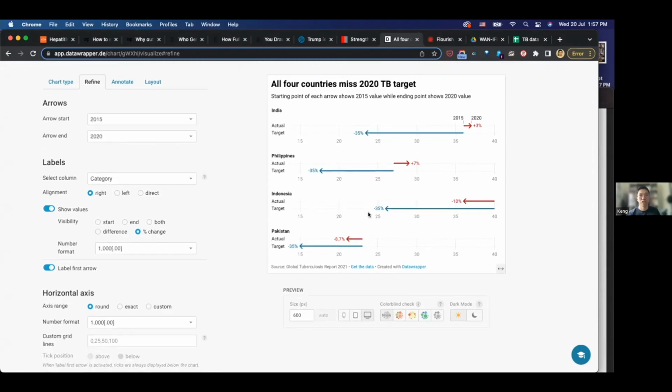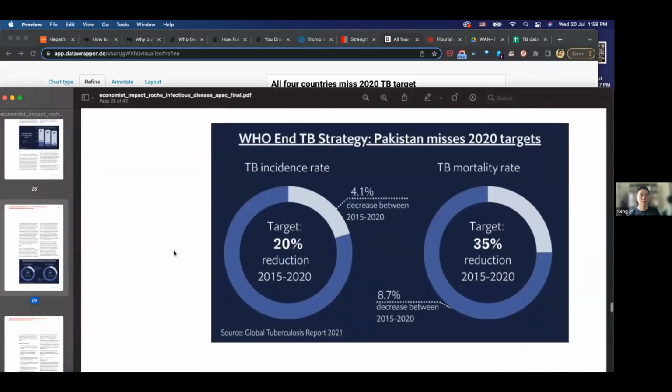Same goes for Indonesia, 35. But Indonesia was able to make some progress by reducing it by 10%. Pakistan reduced it by 8.7%. It's not just showing you the percentage of reduction, but it also shows the real incidence rate, right? Which means